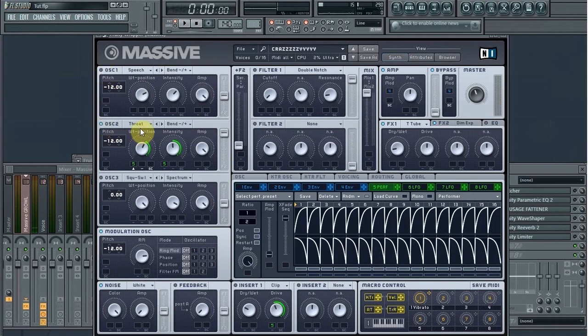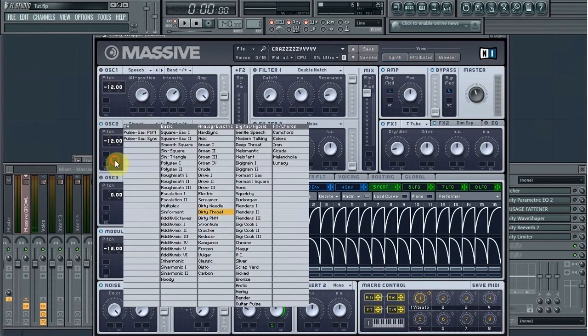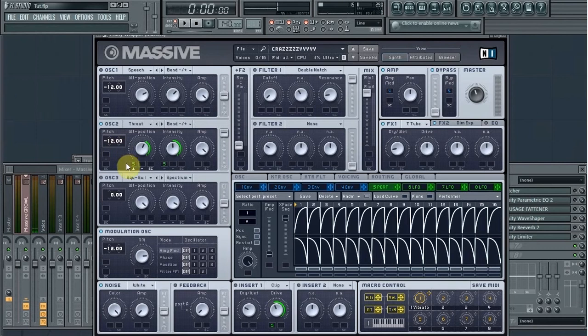Next oscillator, we have the dirty throat, and that's also pitched down an octave. Let me turn all this off. It's also on bend minus plus, wavetable position pointing at the T, intensity at the E, amp all the way up, and both of the oscillators are here. They both should be going to filter 1, and this is what it should sound like, just that oscillator. Now if we put them together, we get,